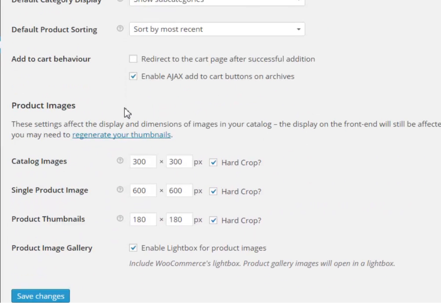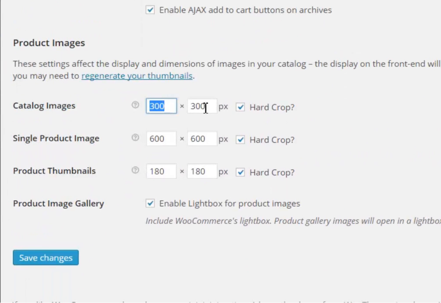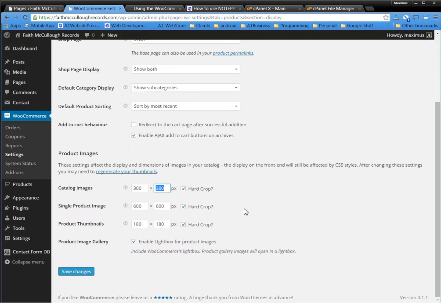Okay, so now here's your product images. Now this is pretty important, because this shows your catalog image. We're going to make the catalog images 300 pixels by 300 pixels. Okay. Just to give you an idea, this particular screen here is about 1,000 pixels across, from one end of this video to the other end of this video on my screen right here. So a 300 by 300 catalog image is going to cover this much. That's just to give you some